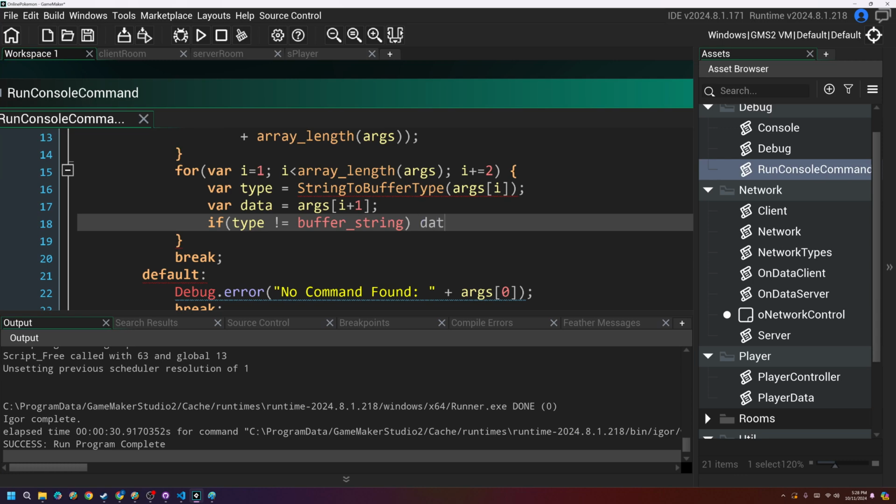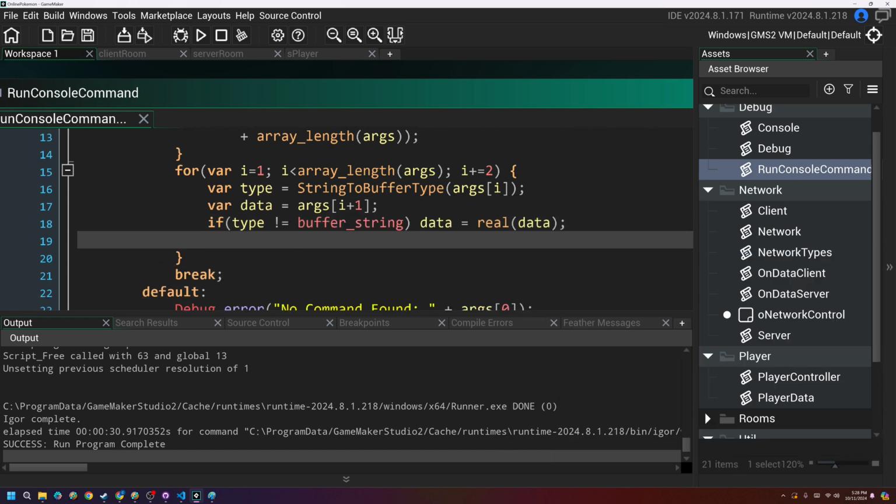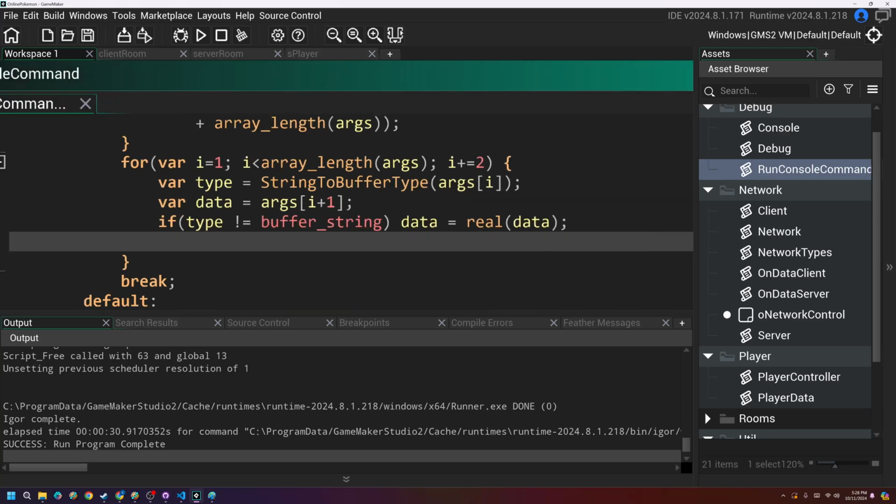So we'll say data equals, and I will do real, I believe, real data. So if it's not a string, we convert it to a number. And then all I have to do is